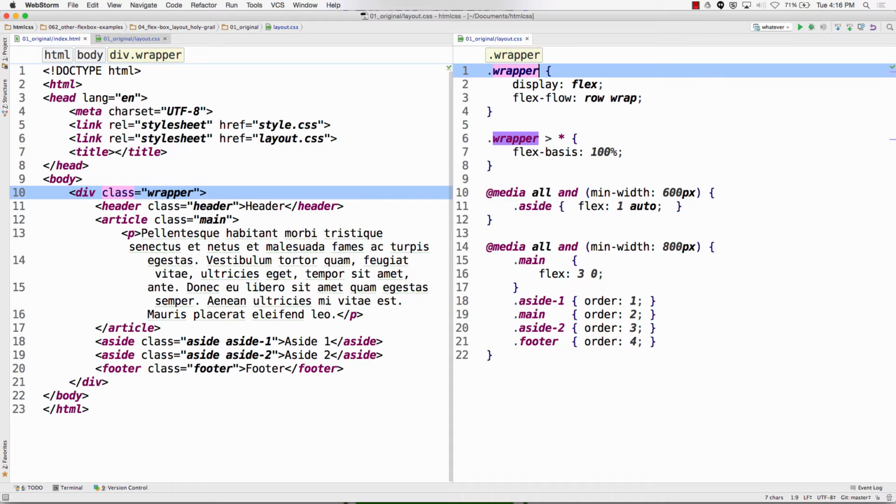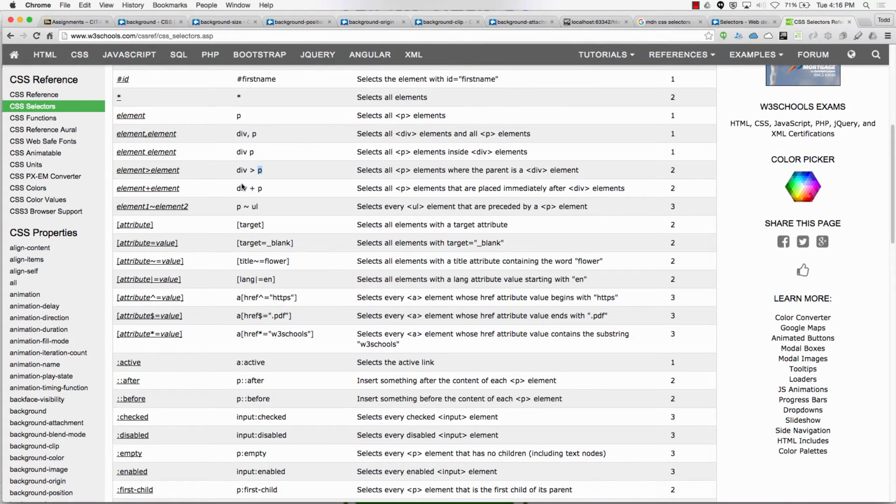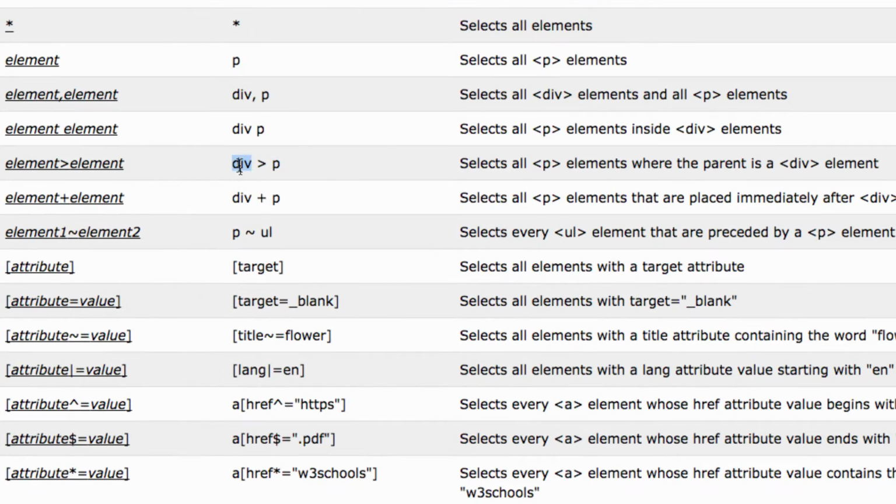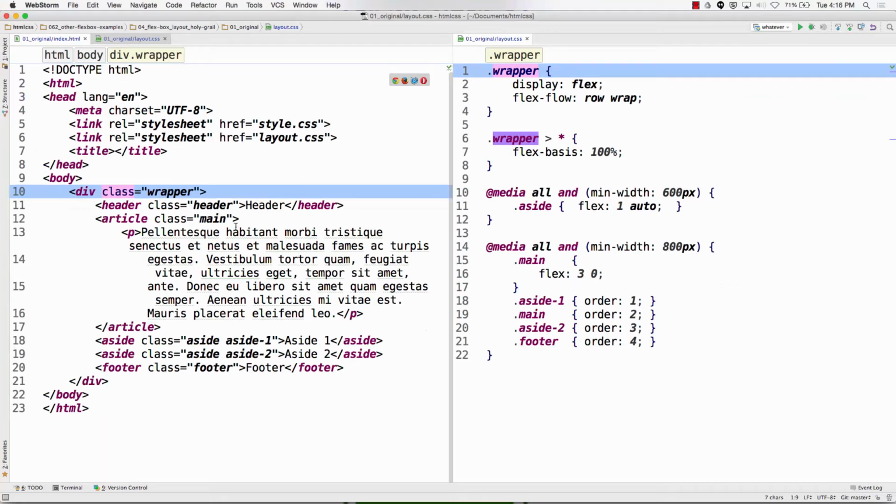All right, this is stuff we learn about. So here I have an element greater than another element. Selects all P elements where the parent is a div element. So the direct parent is a div. If I have a div and inside that div I have a paragraph, that gets selected. But if inside that div I have an article and then inside that article I have a paragraph, so if this was the layout,